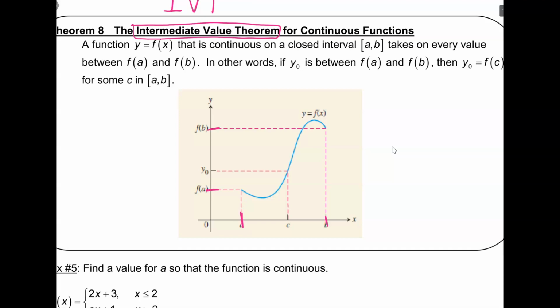So I have an x value. Here's where I'm starting, x comma y. Here's my final, right? b comma f of b. So if I take an x value that's between my two boundaries, guess what? The y value is also going to be